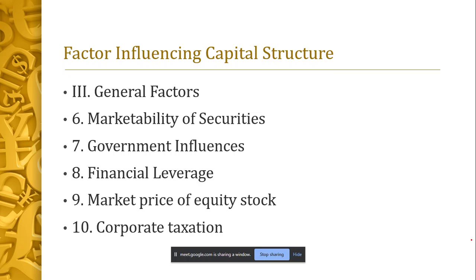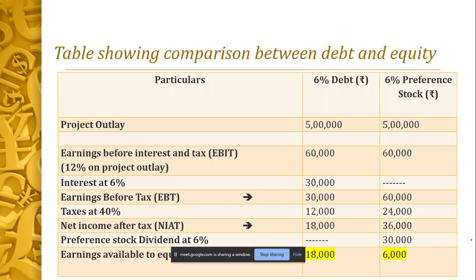Now, government influence you can also take down because of some of the policies, some of the new rules and regulations. It might also affect the capital structure, or if at all it decided to increase the bank rate, interest rate, how it is going to affect also you can speak of. In corporate taxation, the more the rate of the tax would be, then it is advised that we go in for debt. Now, why is it said we shall try to understand by understanding this particular example?